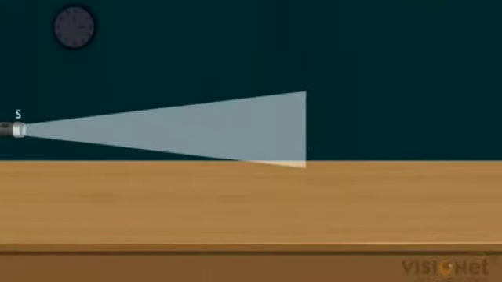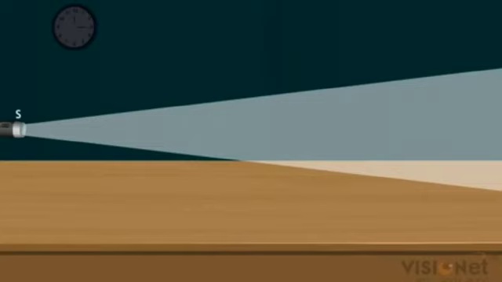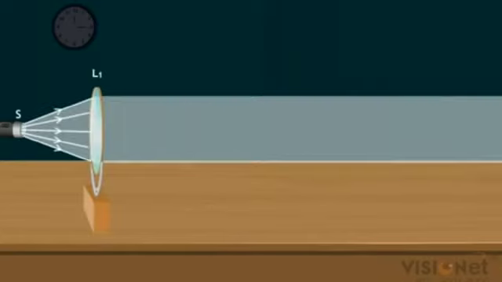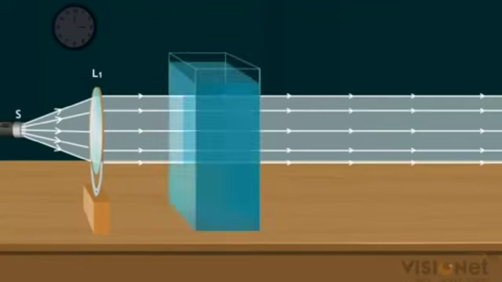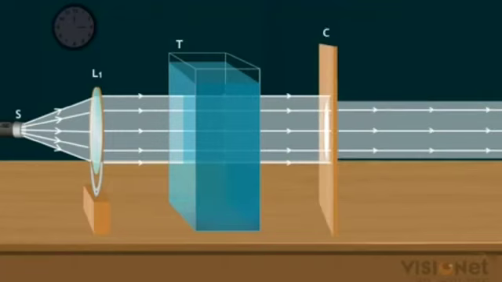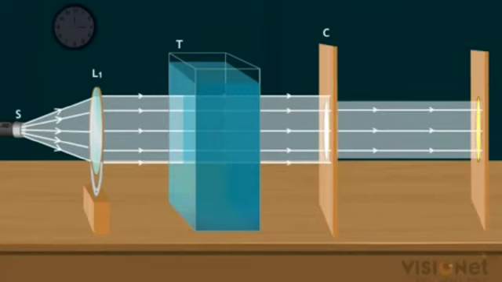Place a strong source of light S at the focus of a converging convex lens L1. As the light passes through the lens, it produces a parallel beam. Now allow the parallel beam of light coming from the lens L1 to pass through a transparent glass tank T containing water. Then allow the light coming out of the tank to pass through the hole of the cardboard C made in it. Then obtain a sharp image of the circular hole on a screen using a second lens L2